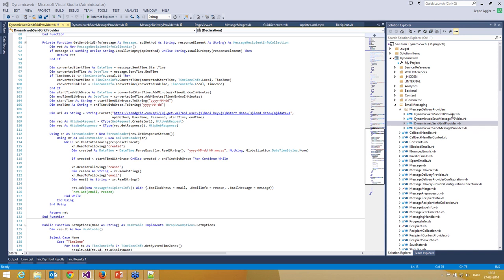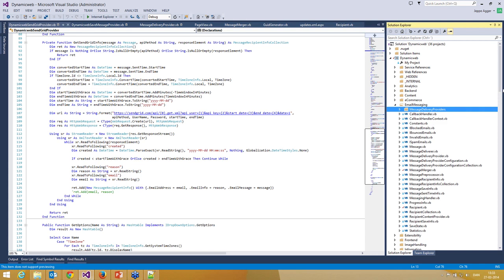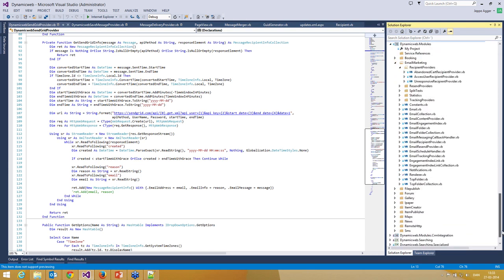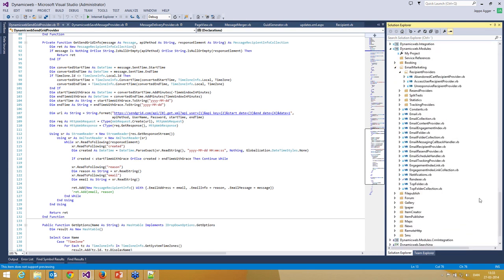So, like I said, we have the delivery providers and we have recipient providers. A new concept coming in 8.4.1 is a resend provider, which is basically a way to say unresponsive recipients. I showed you the recipient provider, but we are also creating something called a resend provider. This basically gives you the option of,